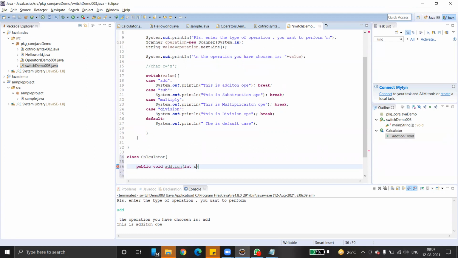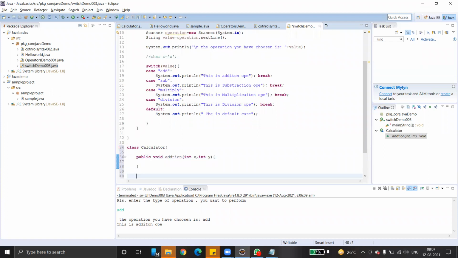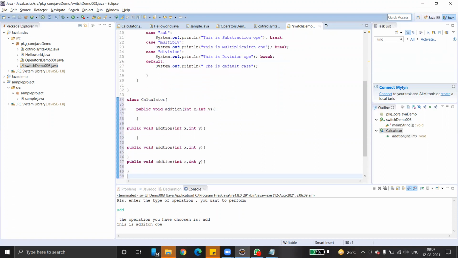Integer x comma integer y. Then this is subtraction, and multiplication, and this is division.